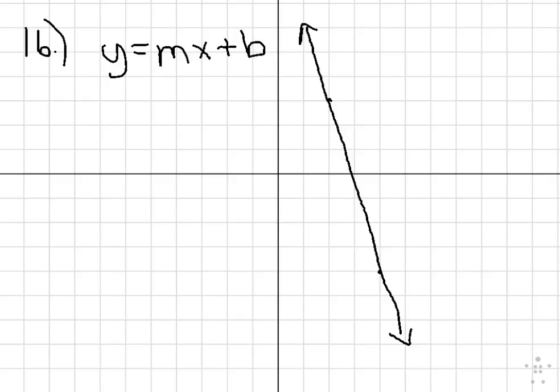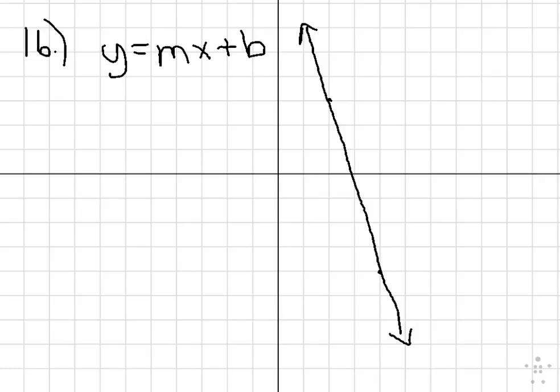Okay, so important. Now, this is kind of like working backwards from the ones we just did. They gave us the equation and then we graphed. This time they give us the graph. We've got to come up with the equation. So when we do this, we need a couple things if we can. We need the y-intercept if we can, and we need the slope if we can. And the problem is I don't see where it crosses the y-axis on this graph. All right, so we'll have to do a different way here, but let's see if we can at least figure